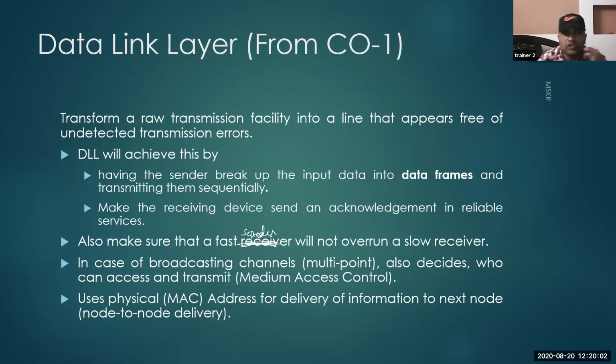So these are the things that are happening in the data link layer. These are the overviews that we discussed in our first unit, not in depth. What we discussed just now was discussed in the first unit. Now if you are clear with this overview, we will go in depth. So tell me guys whether you are clear with these things or not, or do you want me to repeat any specific point of this particular slide?